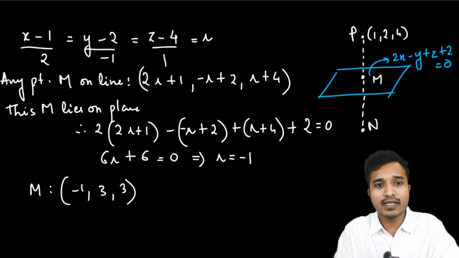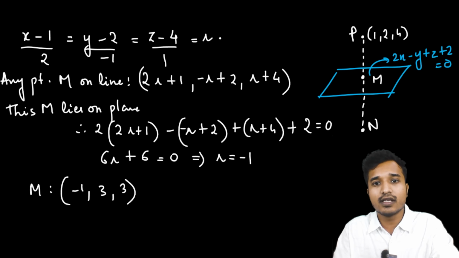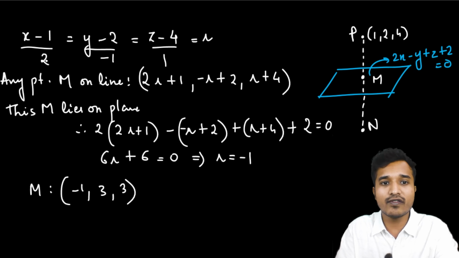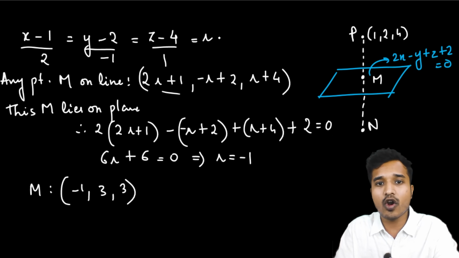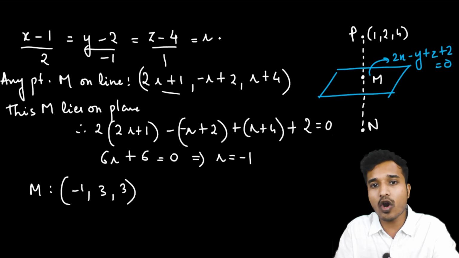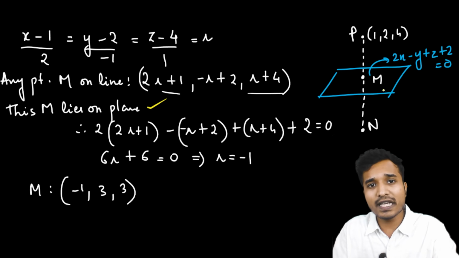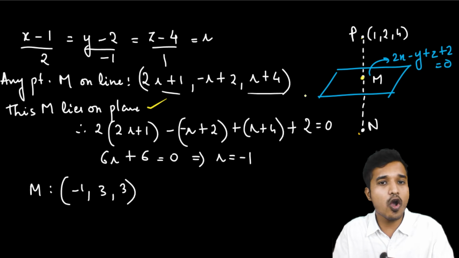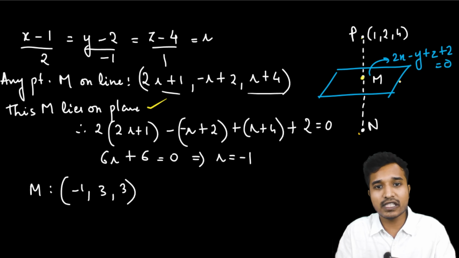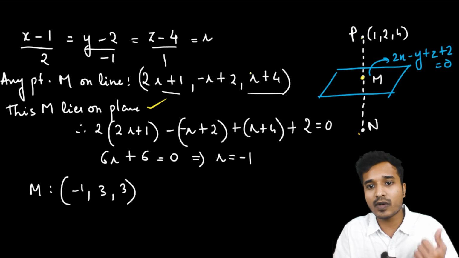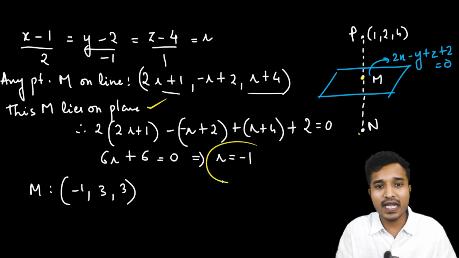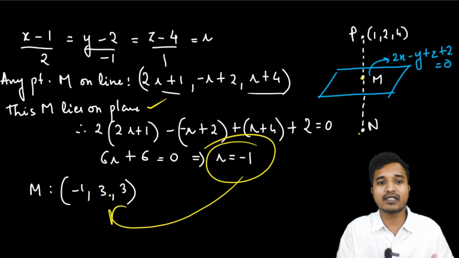Now if we simply take any point M on the line L, we can equate it to some parameter r, and then the x coordinate will become 2r plus 1. Similarly, y coordinate will become minus r plus 2, and z coordinate will become r plus 4. Now this point will lie on our plane also. Why? Because the midpoint will definitely be on the plane. So if we satisfy the plane equation by putting x is equal to 2r plus 1, y is equal to minus r plus 2 and z is equal to r plus 4, we simply get the value of r as minus 1,